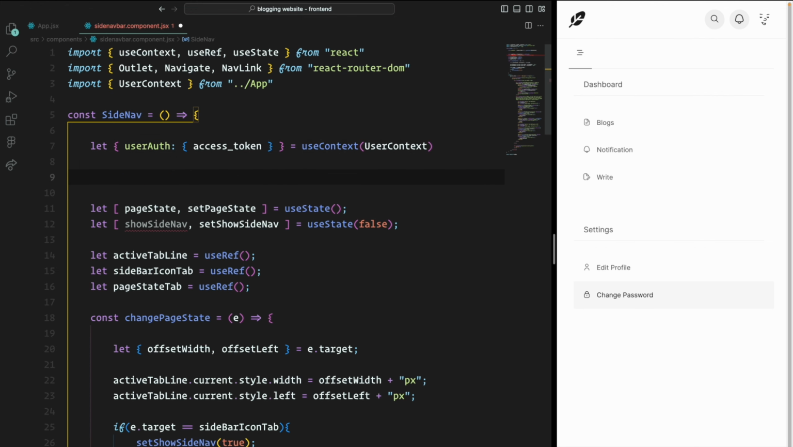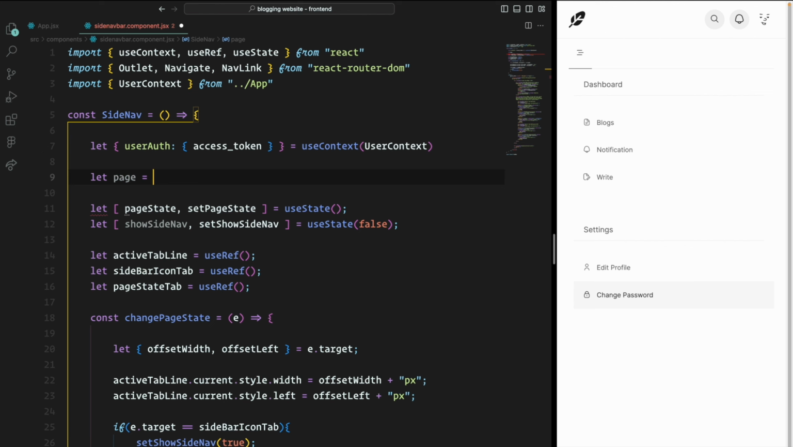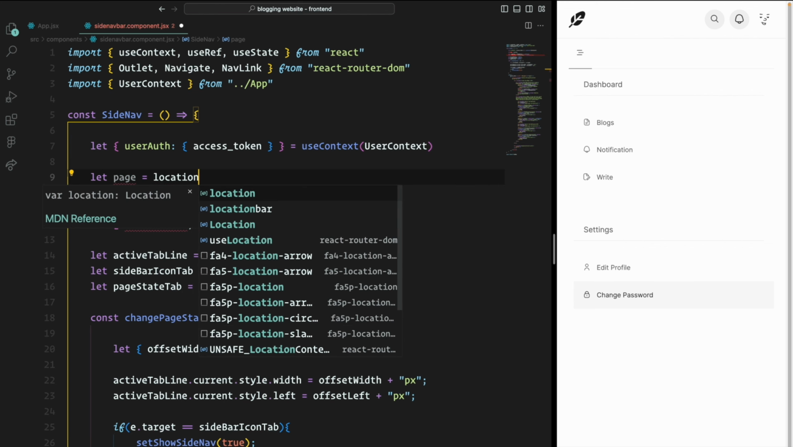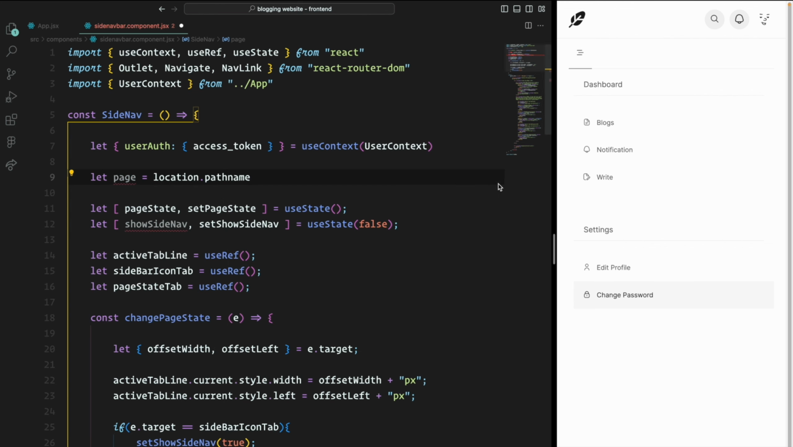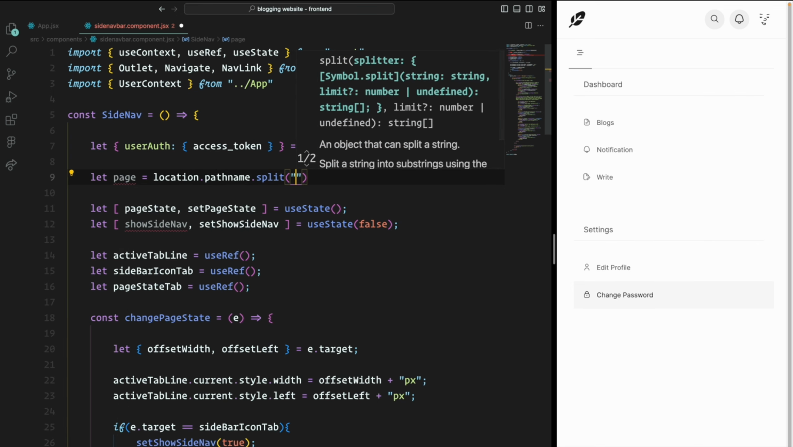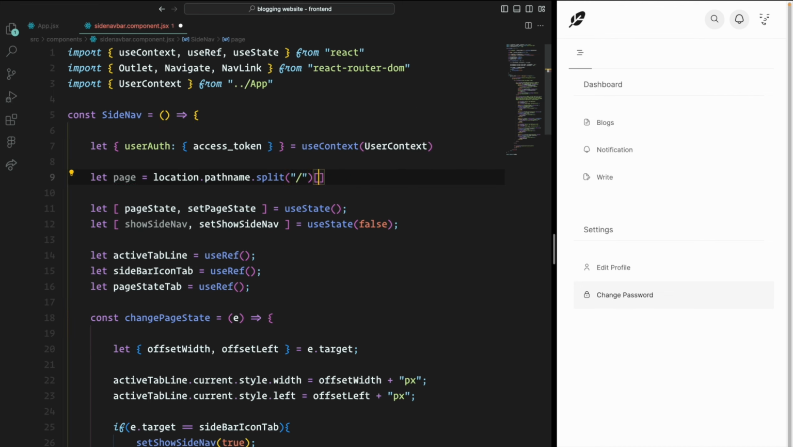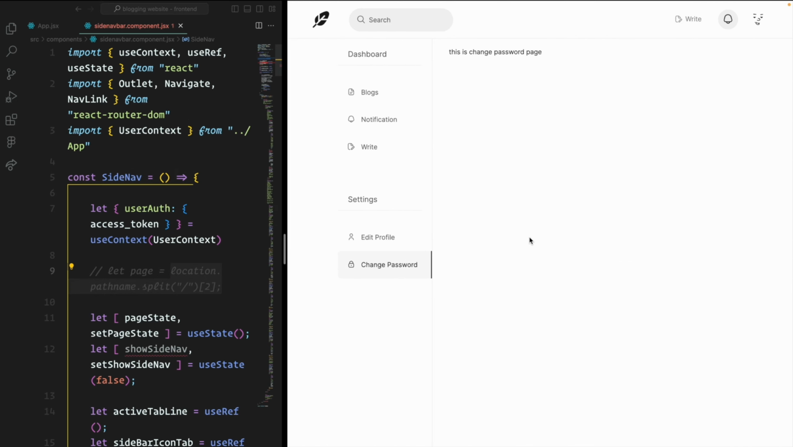So for that, I will create another variable, and I will set it equal to page, and this will be set equal to location.pathname, and this location.pathname will give you the path of the current page. And from there I will split that by this slash, and get the second index item. And what this is basically doing, actually, if I just comment this